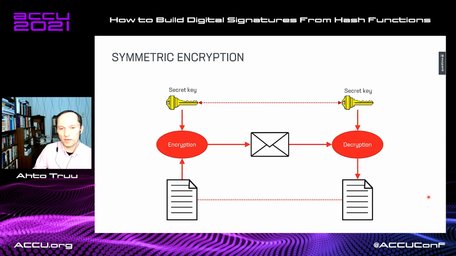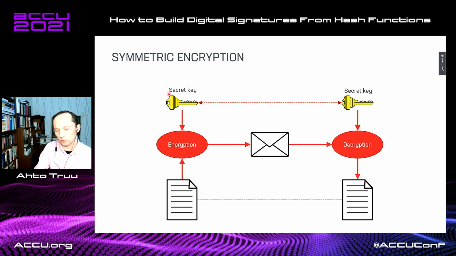The main idea is that in transit, this encrypted data is like it would have been wrapped into a non-transparent envelope. So whoever observes it can't read the contents. And the symmetric part in the term symmetric encryption comes from the fact that the secret key that is needed to encrypt the message is exactly the same as the key that is needed to decrypt. The encryption and decryption algorithms themselves may be the same or different depending on the system that is used, but the critical part is that the key is the same,